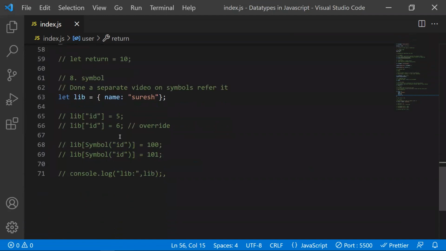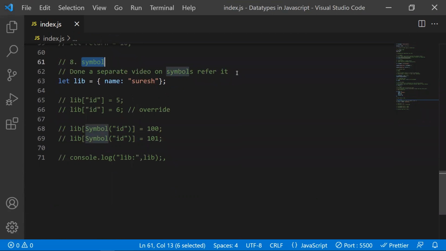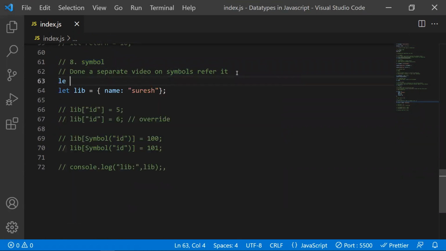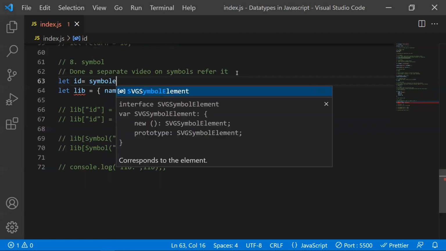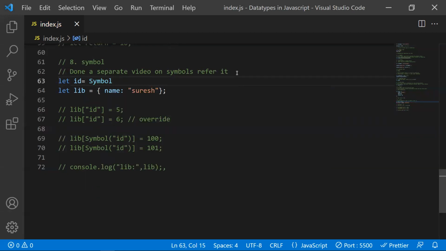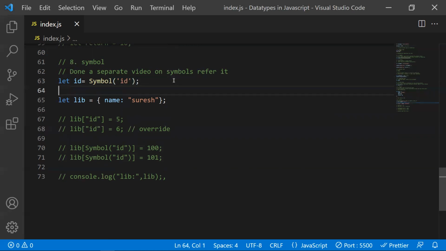Coming to the eighth data type, this is a special data type, that is a symbol. So how do we define a symbol? We can write let id is equal to Symbol. This is how you define a symbol. You can add some description like this, id. So why do we use symbols basically?